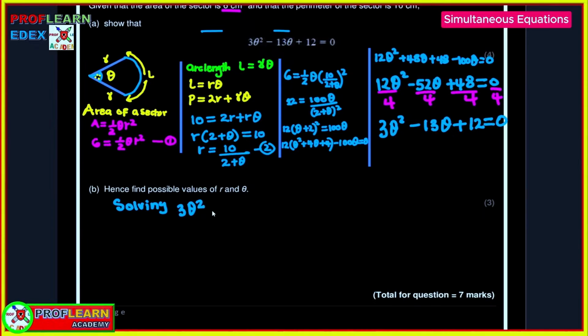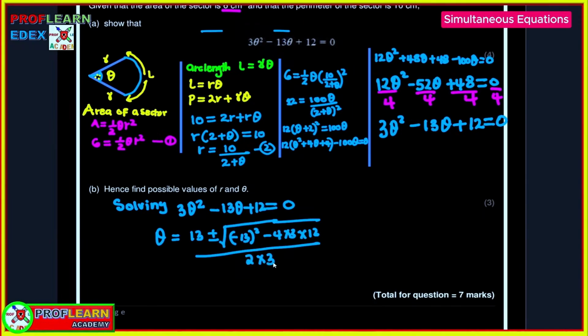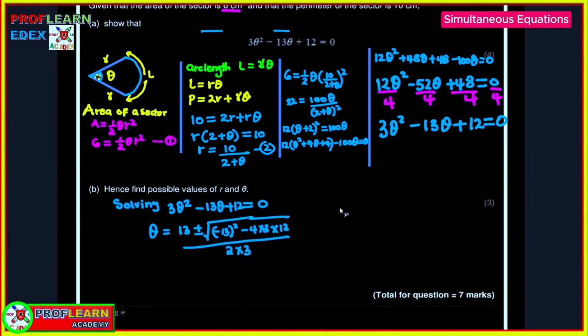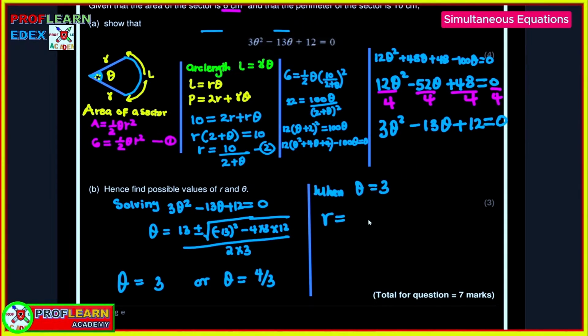Now, solving this equation that we have here, we can use maybe the completing the square method, the quadratic formula, or factorization. You have all the options open for you to decide which to use here. And then we will find theta equals 3 or 4/3. Now, using the equation r equals 10/2 theta plus,